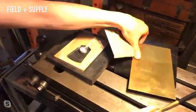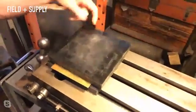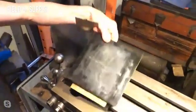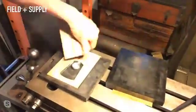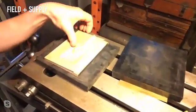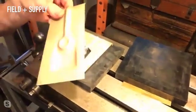And then I take a brass sheet and I put it on top, and I put another piece of rubber down, and the amount of pressure on this press squishes it down so that when it's done getting squished, this then looks like that, and then you take it out and you have this cool piece that then you